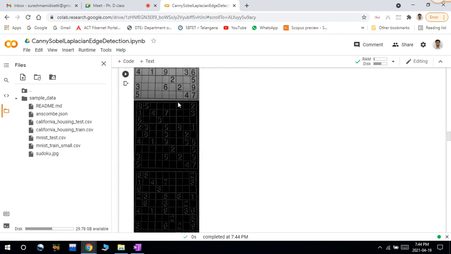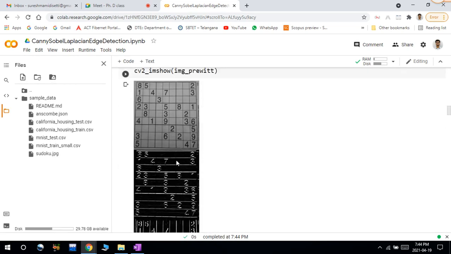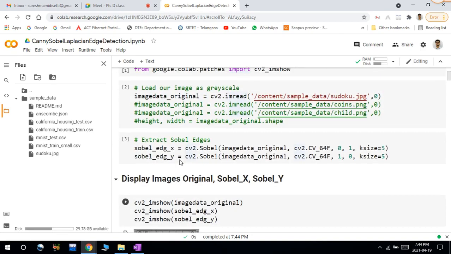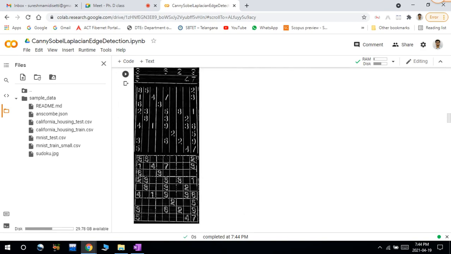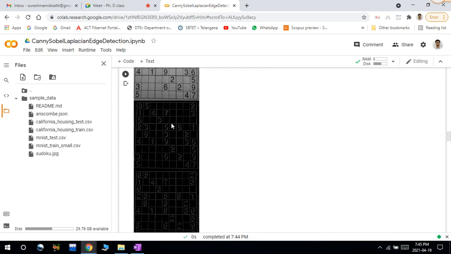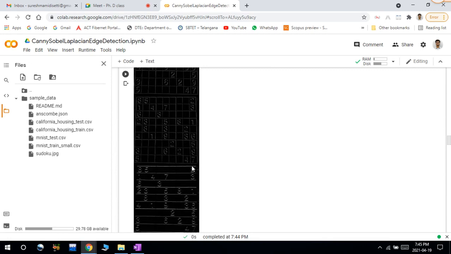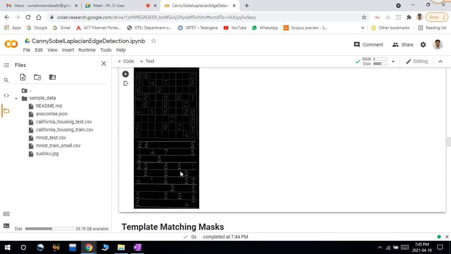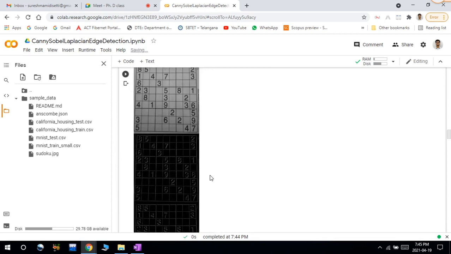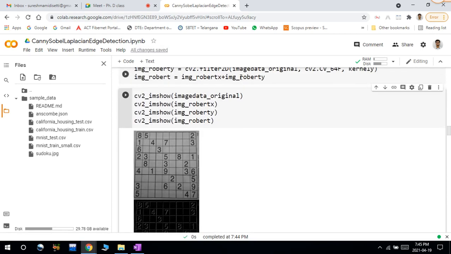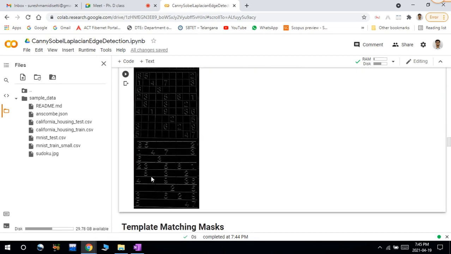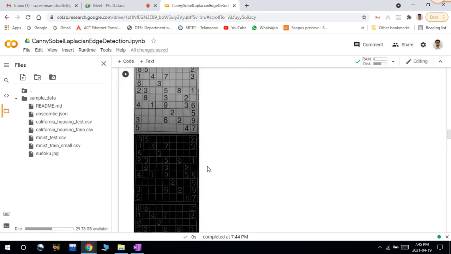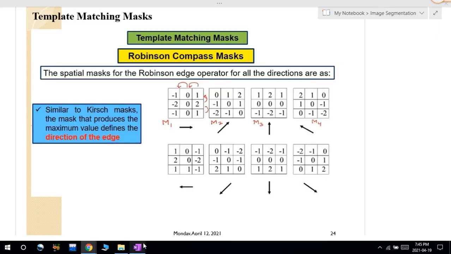In case of this Roberts operator, the output is somewhat very good when compared with both operators. Even the Prewitt operator and the Sobel operator also give very good output. But it is not giving that good an output in case of combining. Whenever I combine both images, like Roberts x and Roberts y, it does not give good output. It is giving only in the x direction. So these are the three operators we have discussed in today's class.